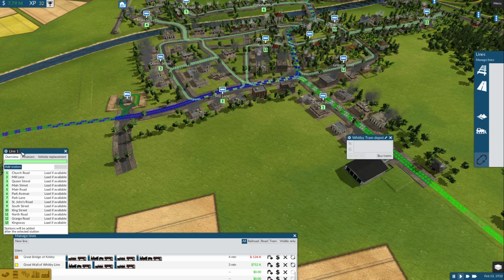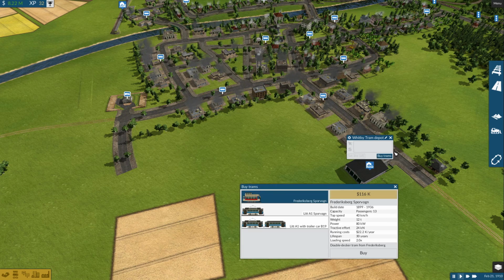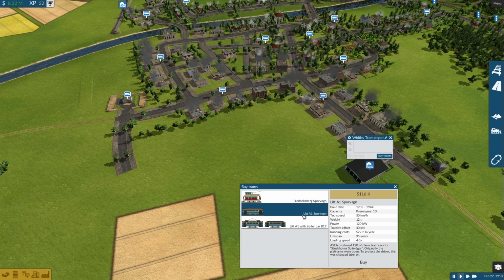You do you. I'm just going to call this one Tram. You know, honestly, I don't think we need any creative name for this. Tram Whitby. Tram Whitby. We'll see how this actually works. I don't really know how many passengers we're expecting to get. I think I was going to go for the...